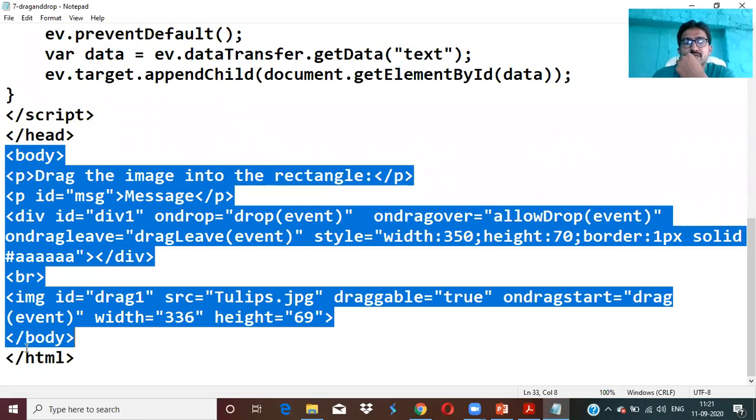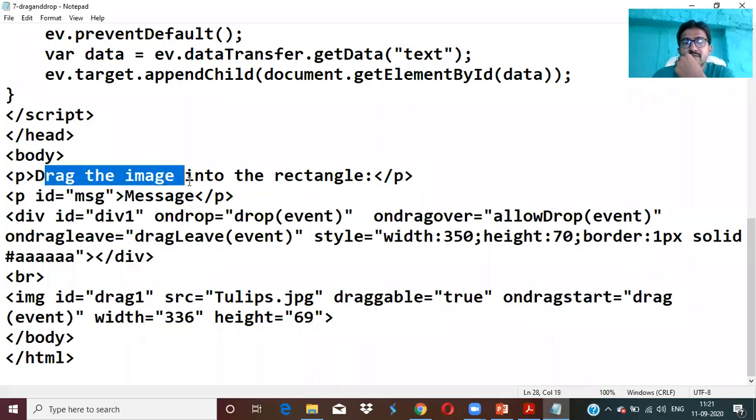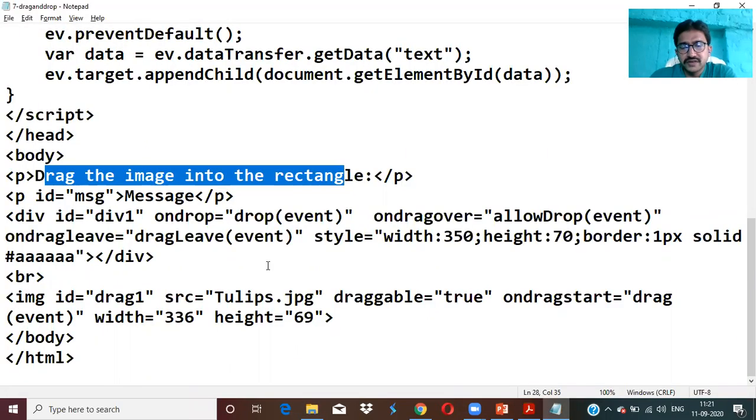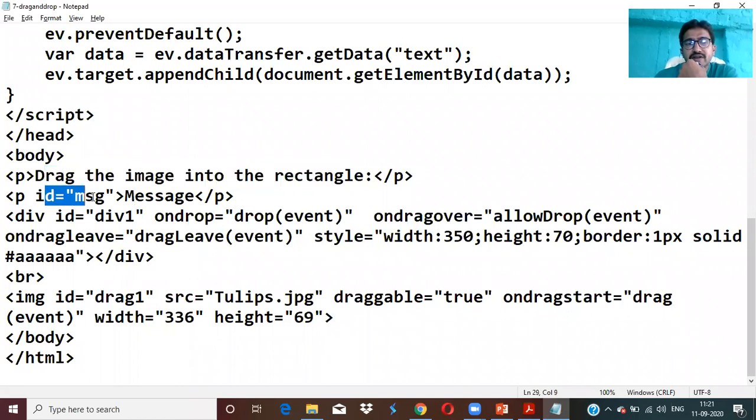What I am doing here is dragging the image into the rectangle. Here there is a couple, tulips. We are displaying a message, drag the image into the rectangle, taking a paragraph with ID equal to msg, and we are considering a division.